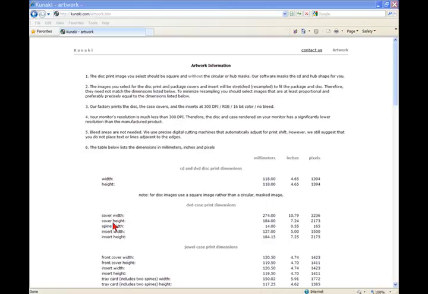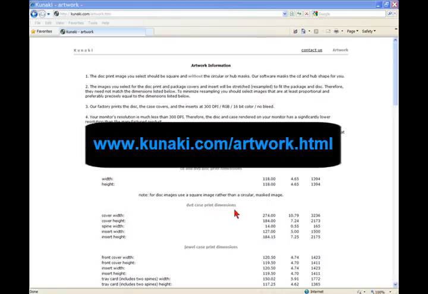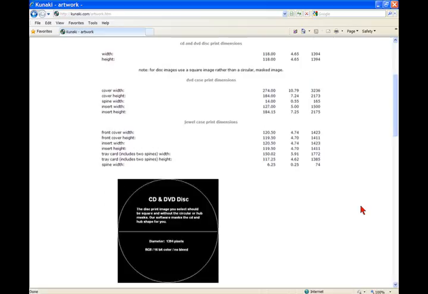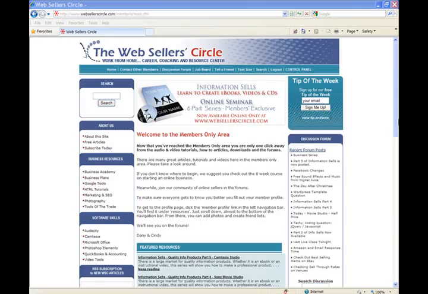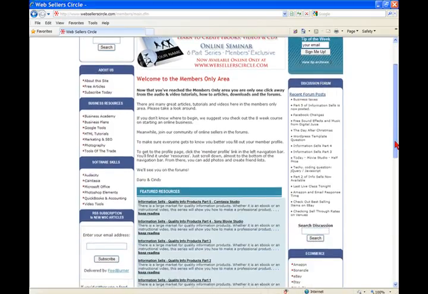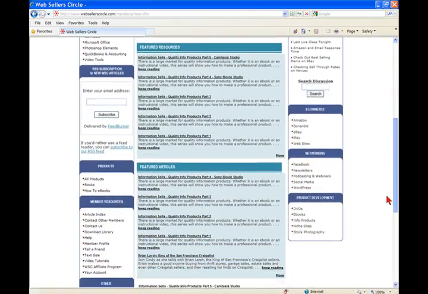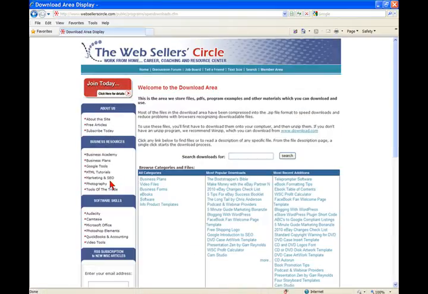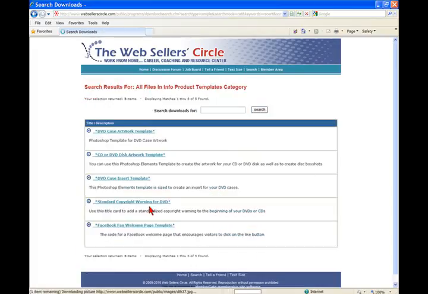If you don't want to use the Web Seller Circle template, you can make your own artwork by following the dimensions available on Kanaki. But don't forget, all of this has already been done for you. Just go to the download library at Web Seller Circle, do a search for templates or info products, and we have a Photoshop template for